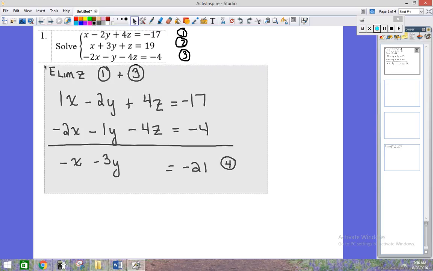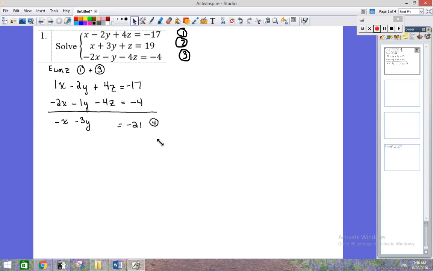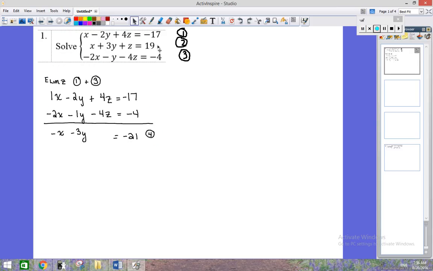We need to now use equation 2. And it doesn't matter if we use equation 2 with 1 or equation 2 with 3. So I'm going to use it with equation 3. What I'm going to do is still eliminate z. I'm going to take 4 times equation 2, and then add to that equation 3. Now, by multiplying this by 4, I can see that I'm going to get a positive 4z, and I can also see in equation 3 that I have a negative 4z, and z will be eliminated. So if I multiply this by 4,